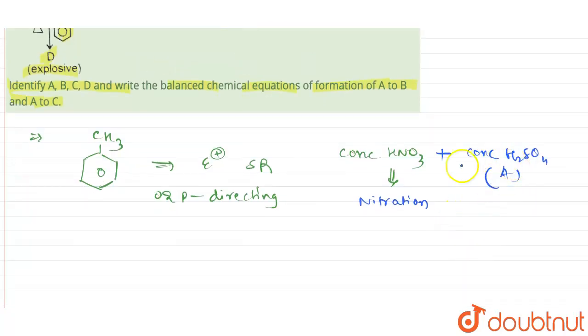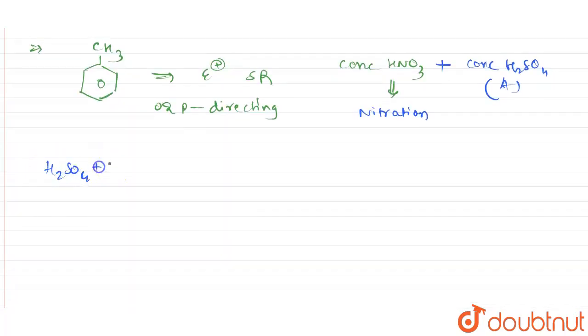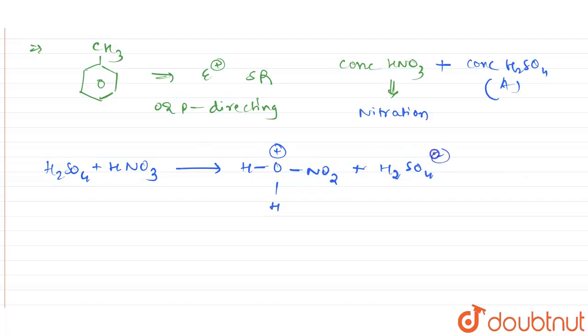Now what happens is when concentrated H2SO4 and concentrated HNO3 react, I'll write down the reaction, that is H2SO4 plus HNO3. When they react together, the molecule we are going to get looks like this: H2O+ and NO2. There should be generation of electrophile, right? Here you will have HSO4 minus. It is not H2SO4, it is HSO4 minus. So from this part there will be removal of water molecule, which is a good leaving group, which will generate the electrophile NO2 positive. Now this electrophile which is generated will be your C, and this is your intermediate.